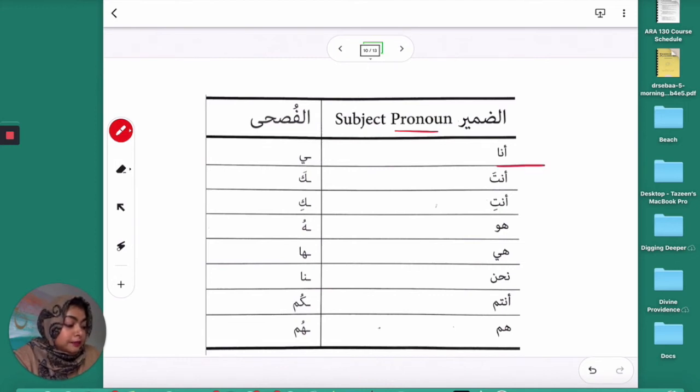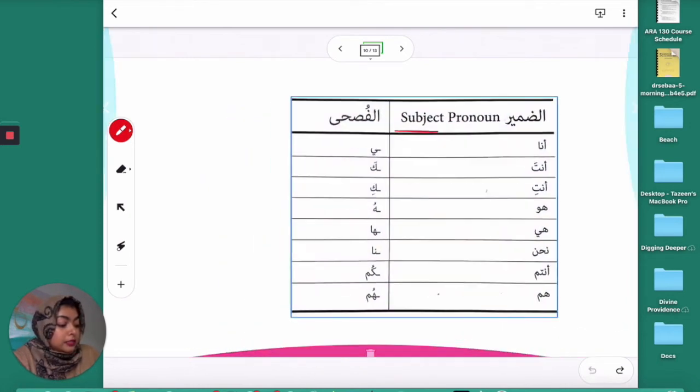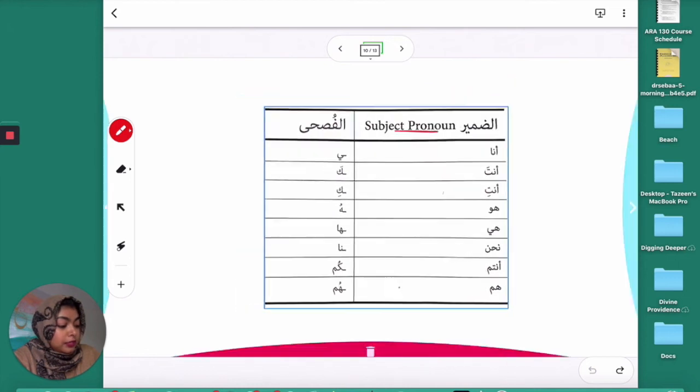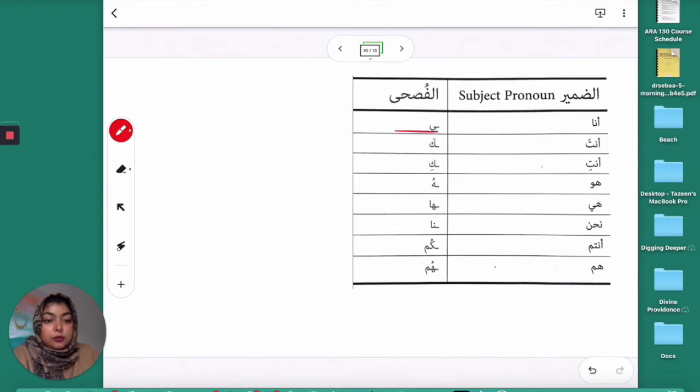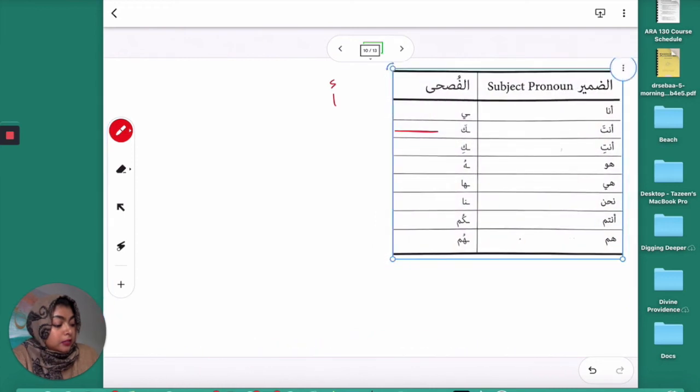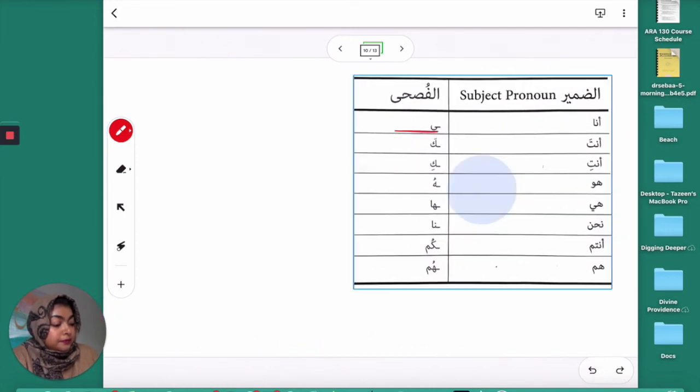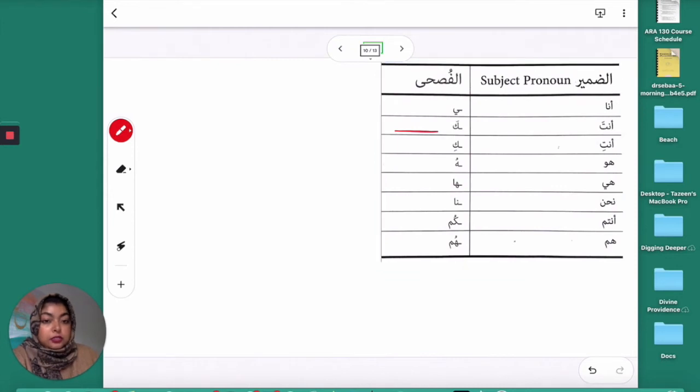I have أنا, أنت, أنتي, هو, هي, نحن, أنتم, and هم. Okay. So here are all the pronouns that we have. And if you want to rearrange it to make it a little bit easier, we can do that. If you want to rearrange the order of your pronouns, what I would suggest, like we've done in our charts, is we put أنا,